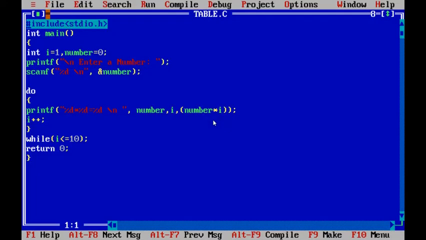Now we will do some changes. Here it is expecting something, the control string.